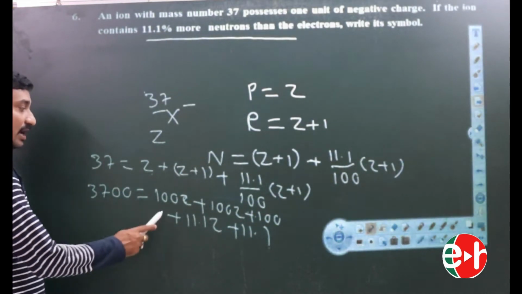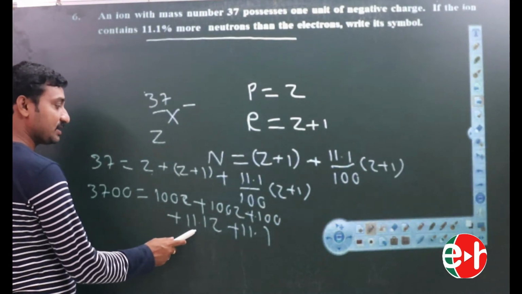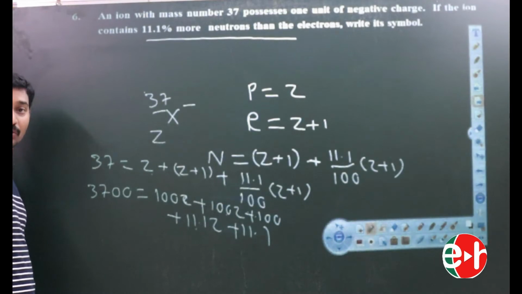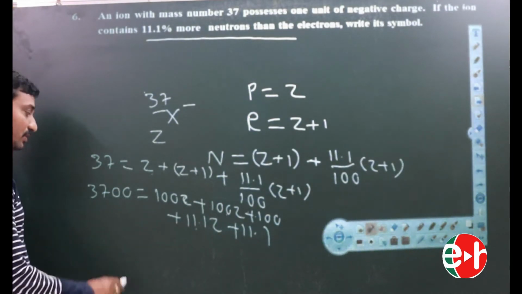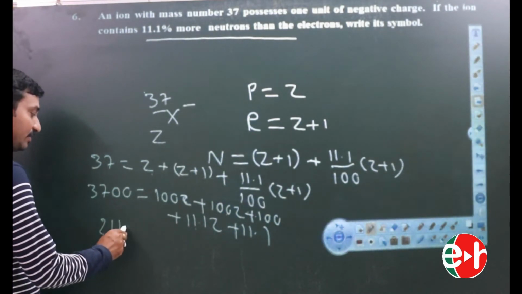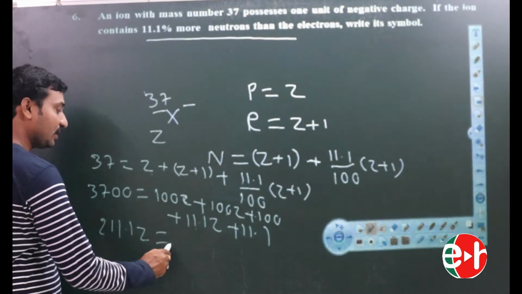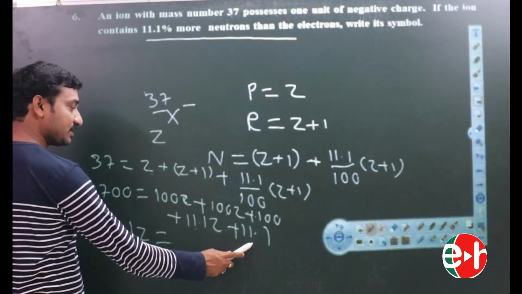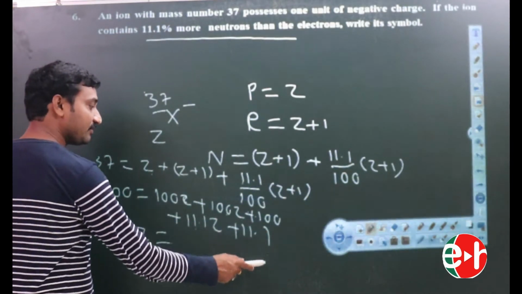Here total 100Z plus 100Z plus 11.1Z, 211.1Z. Okay, now 211.1Z is equal to 100 plus 11.1,